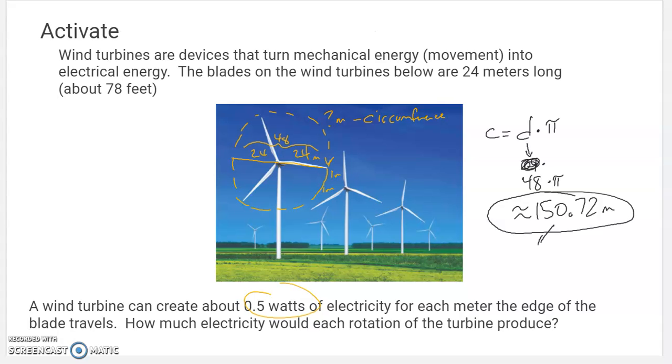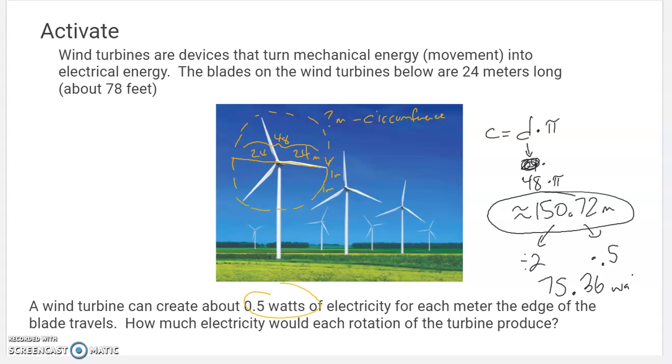So a couple options. Since it only does half a watt per meter, I could divide that by 2, or I could multiply that by 0.5. Those are going to be the same. Hard to do the decimal and this multiplication sign. Times half or divide by 2, either of those is going to give me the same thing. They're going to give me about 75.36